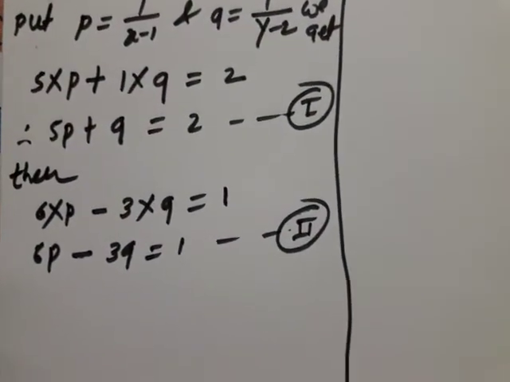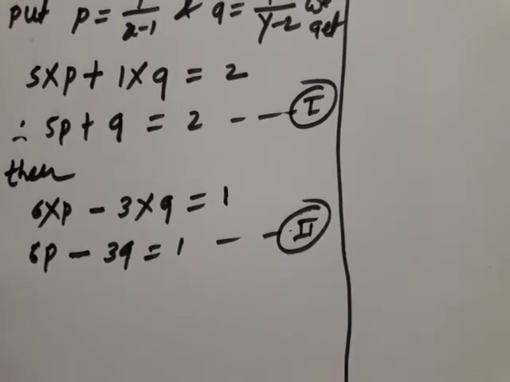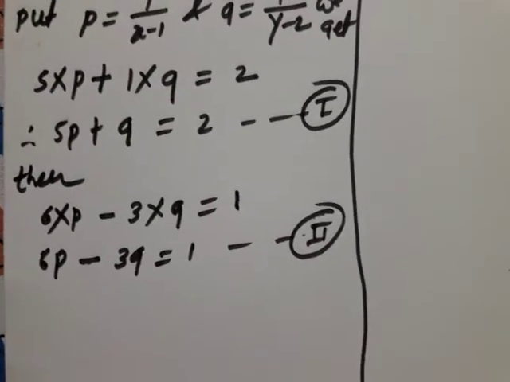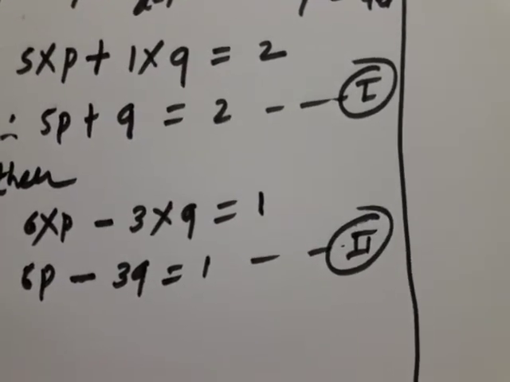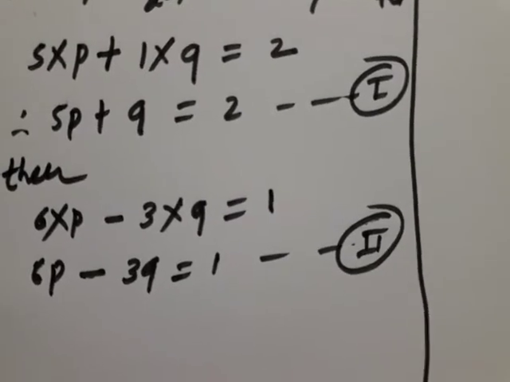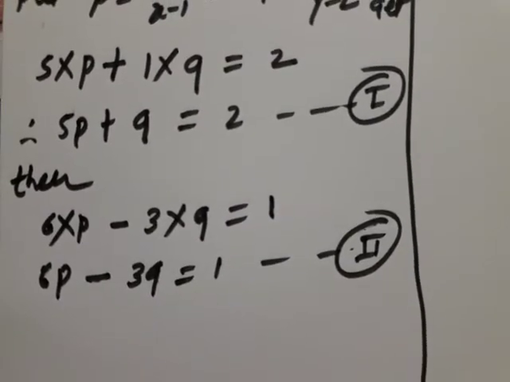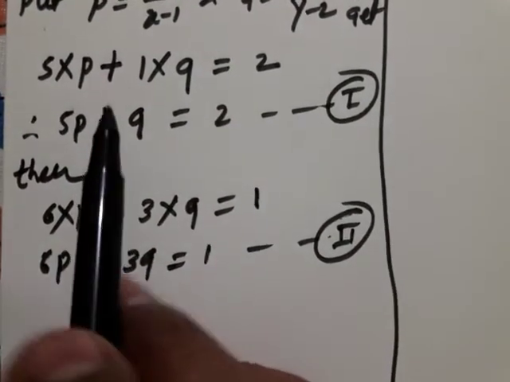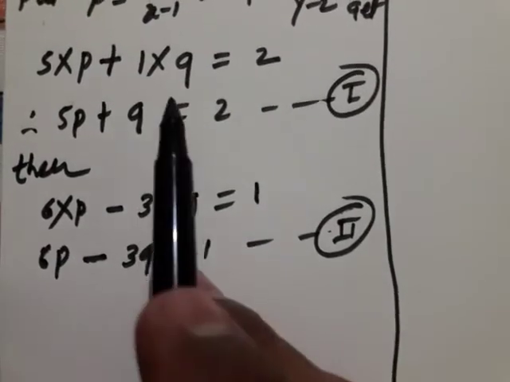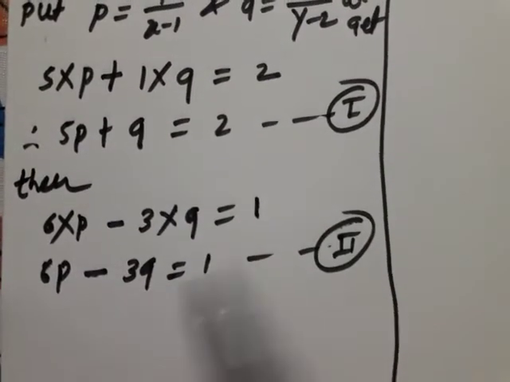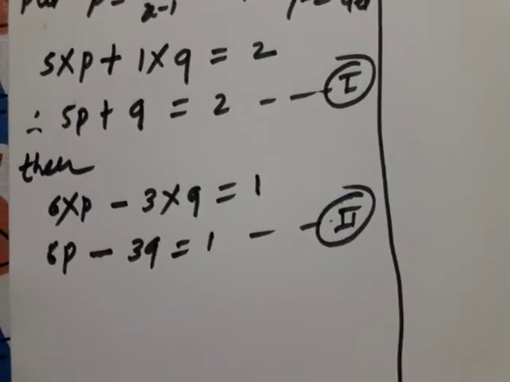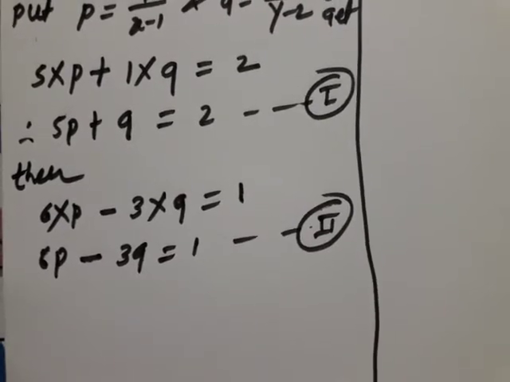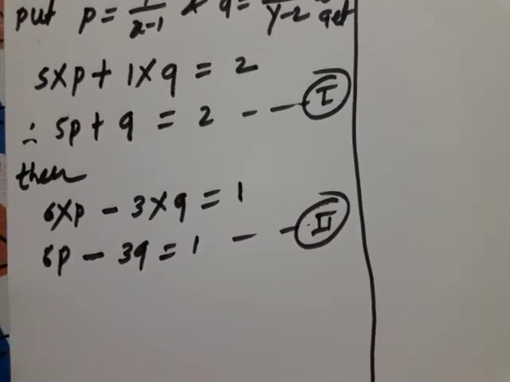If you observe carefully, then you will come to know that suppose we have decided to make coefficients of p equal, then it will be a little lengthy process. But if you see in case of q, then you will observe over here the sign of p and the sign of q is opposite. Here sign is plus, and here sign is minus. Look here, sign of q is here plus and here sign is minus, means opposite sign is there. Suppose we make coefficients of q equal and we add them, then automatically q will be eliminated from those two equations and we will get the value of p.